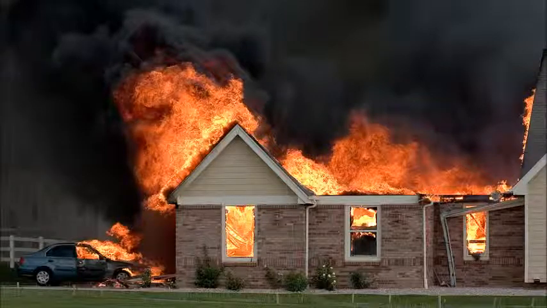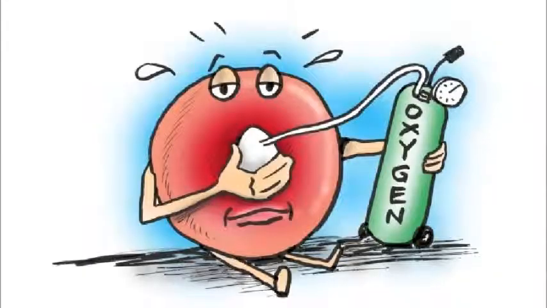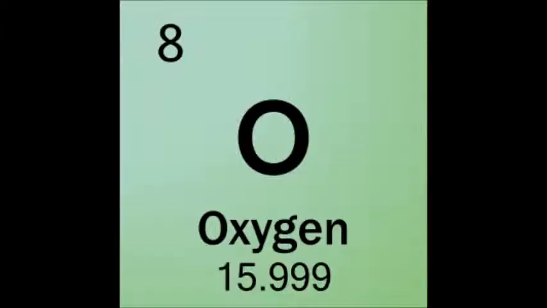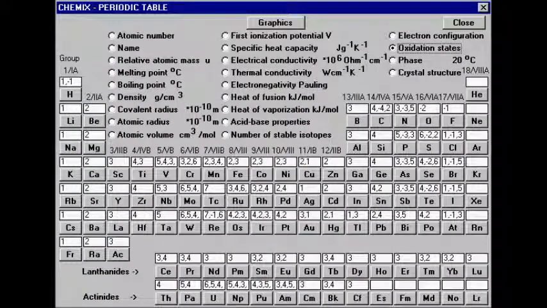Before we can go into what happens in oxidation, we need to understand what oxygen is. Oxygen is, as the name says, the key component of oxidation. Oxygen is a gaseous element with the atomic number of 8. It is a highly reactive nonmetal and an oxidizing agent. It readily forms compounds and oxidizes with most elements, and is, by mass, the third most abundant element in the